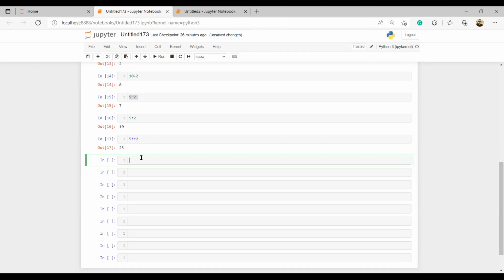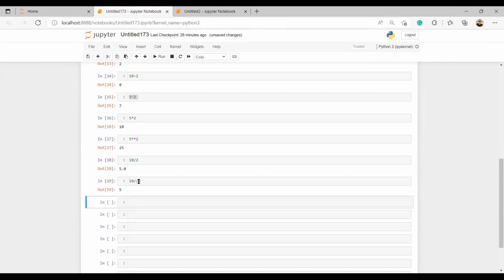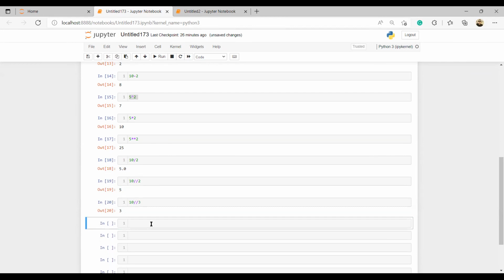Another one you are used to: 10 divided by 2, what should I have? 5. I run that. Now if I use a double slash, for example 10 divided by 3, what is it doing?